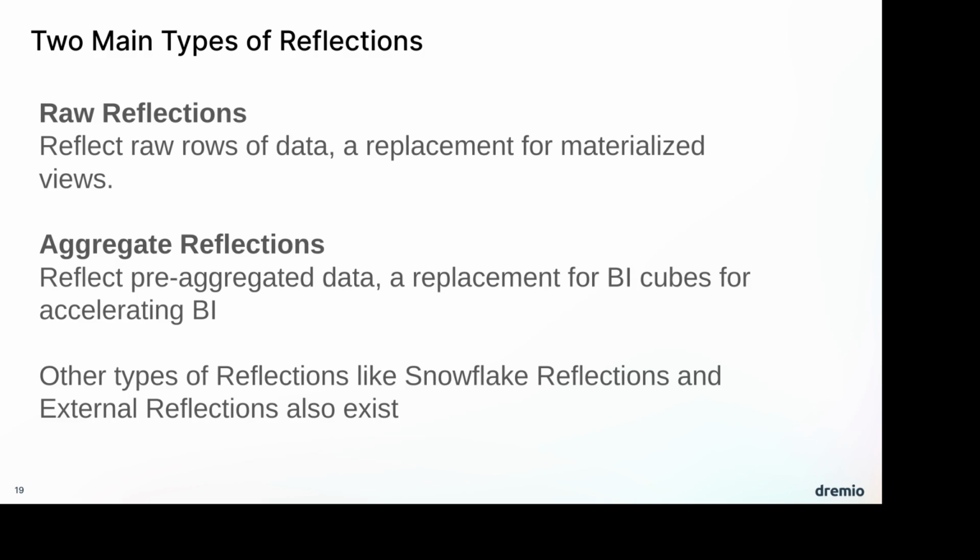And then external reflections. This is more like, hey, you have a particular physical thing you want to use, like maybe a particular set of Parquet files or a particular Apache Iceberg table that you created external to Dremio. So you created your own materialization, and then you register it with Dremio and say, hey Dremio, whenever this table gets queried, consider this extra thing that I created. So you can create your materializations external to Dremio if you want, and register them with Dremio so that it knows to consider them. That's what an external reflection is. Although, again, through a few clicks, you can just create them within the Dremio UI.